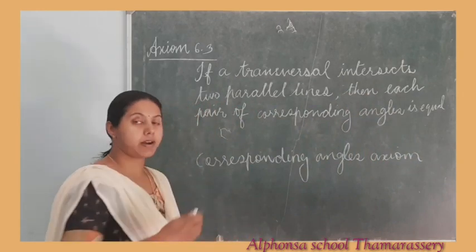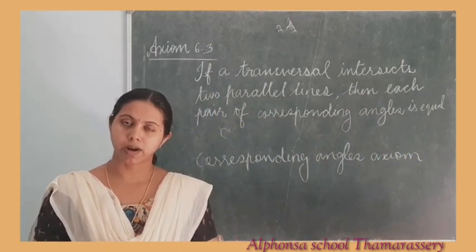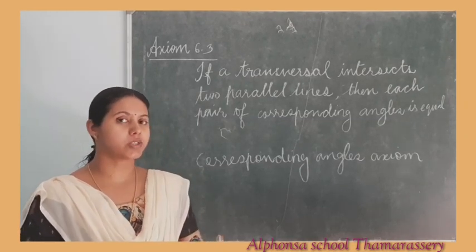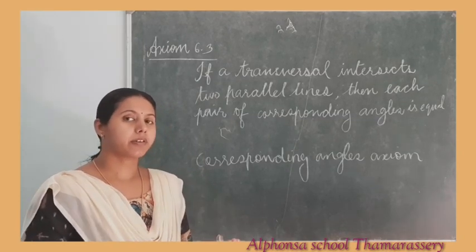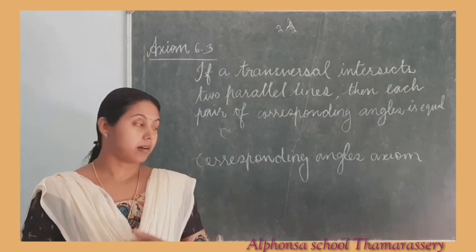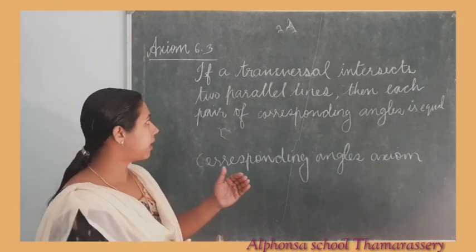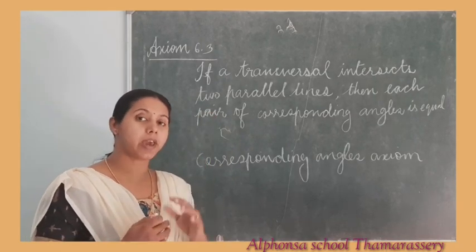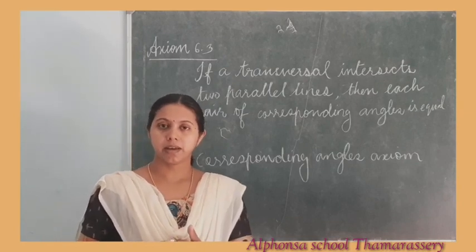So first of all, we studied the linear pair axiom. Axioms 6.1 and 6.2 are known as the linear pair axioms. Axiom 6.3 is known as the corresponding angles axiom. Then what will be the converse of this corresponding angles axiom? Here we said that if a transversal intersects two parallel lines, then each pair of corresponding angles is equal. So the converse will be